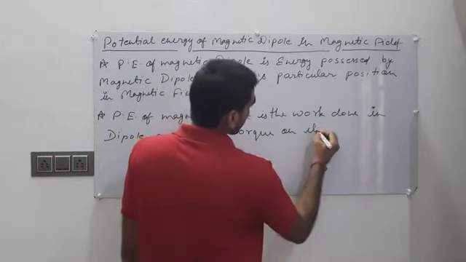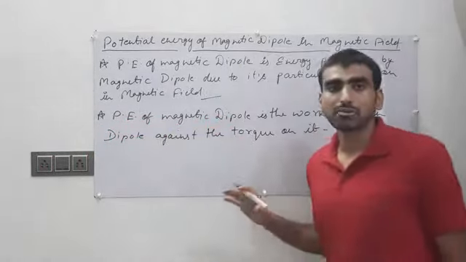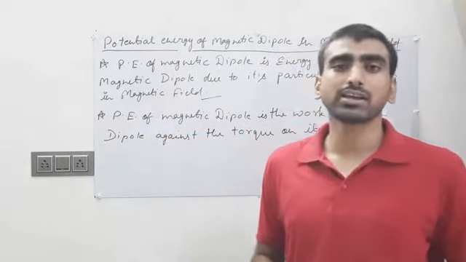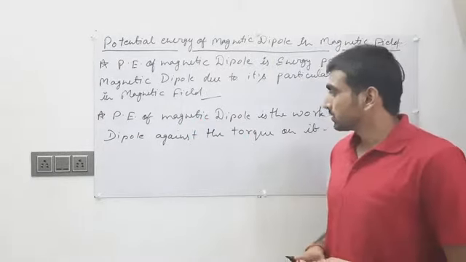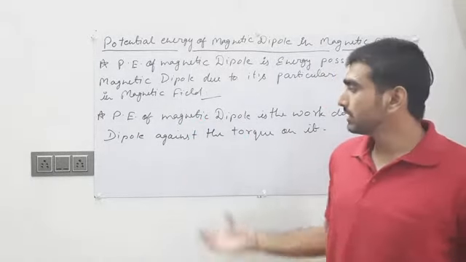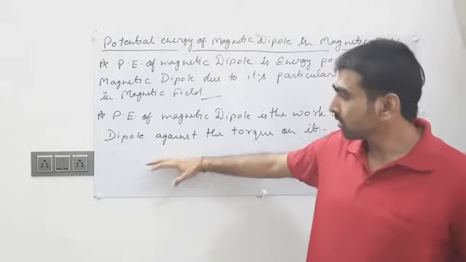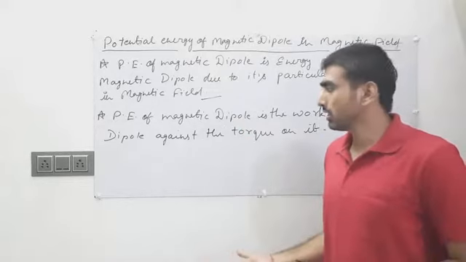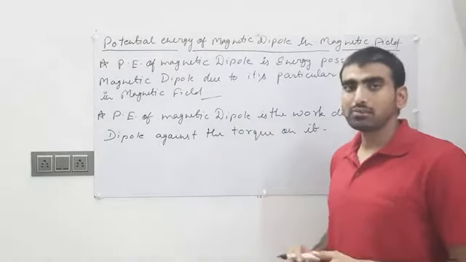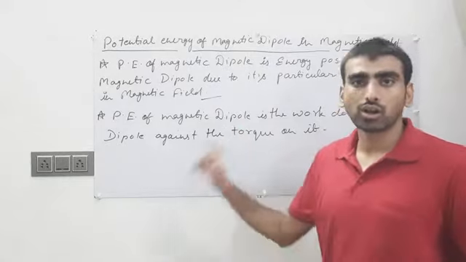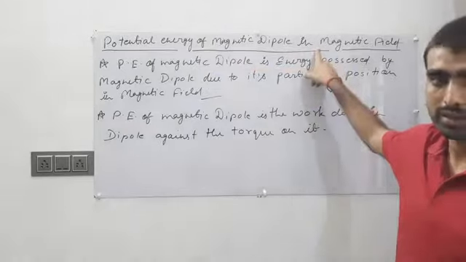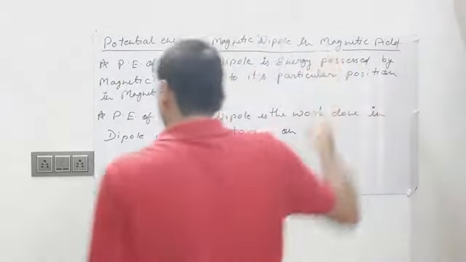Okay, so if any magnetic dipole or needle or solenoid is placed in a magnetic field at an angle theta, obviously that magnetic field produces a torque on that bar magnet or needle or solenoid. When we apply work against that torque, that work is known as the potential energy of the magnetic dipole in the magnetic field. Okay, I hope you understand. That means if we say